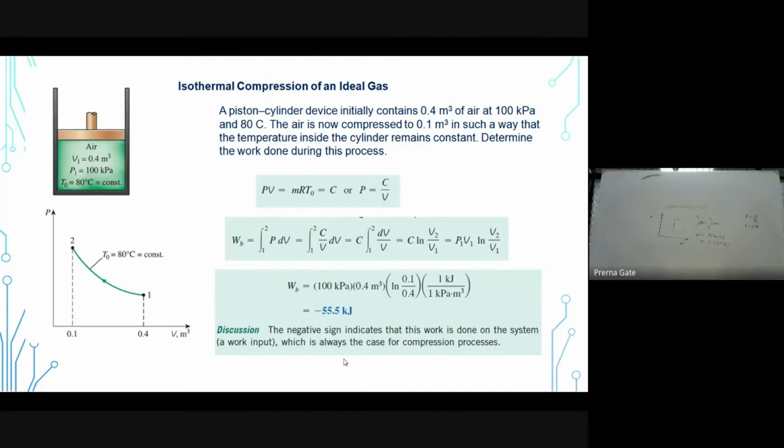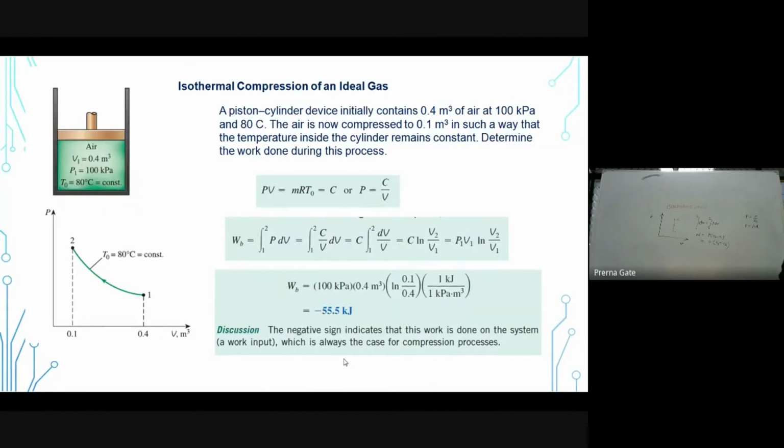So till now we have discussed isochoric, isobaric, and isothermal processes, and you can see that the work done in each process is different from the others. In an isochoric process, the work done comes out to be 0 for the condition assumed. In an isobaric process, it comes out to be P times V2 minus V1, and in an isothermal process, it comes out to be P1 V1 ln V2 by V1, and in place of P1 V1 you can also write P2 V2 or mRT.